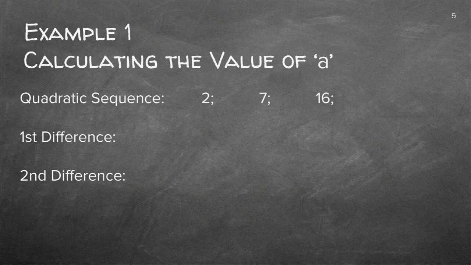Now there's your quadratic sequence 2, 7, 16. It doesn't seem like it forms any pattern, so I'm going to check. I'm going to also always do right-hand side minus left-hand side, gives me 5. Right-hand side minus left-hand side gives me 9. I know there should be a second difference, 9 minus 5. I should actually make the arrow so that you can always remember 9 minus 5 gives me 4. So my second difference is 4.